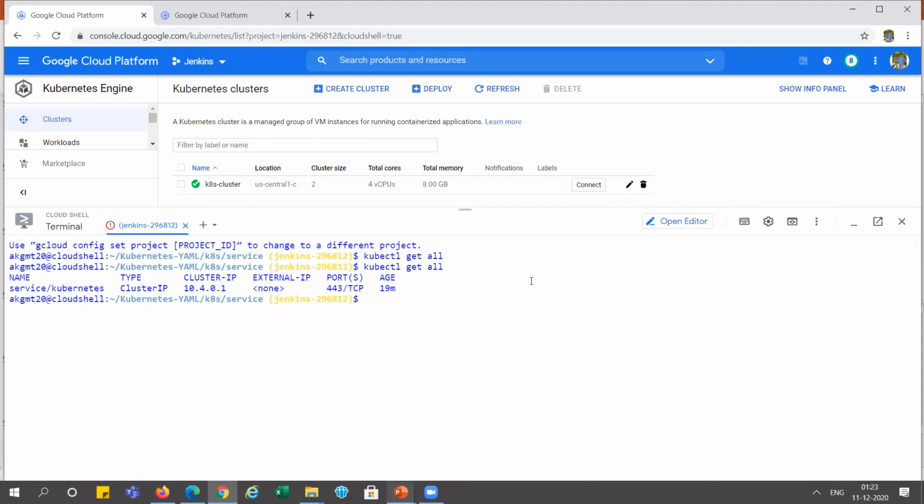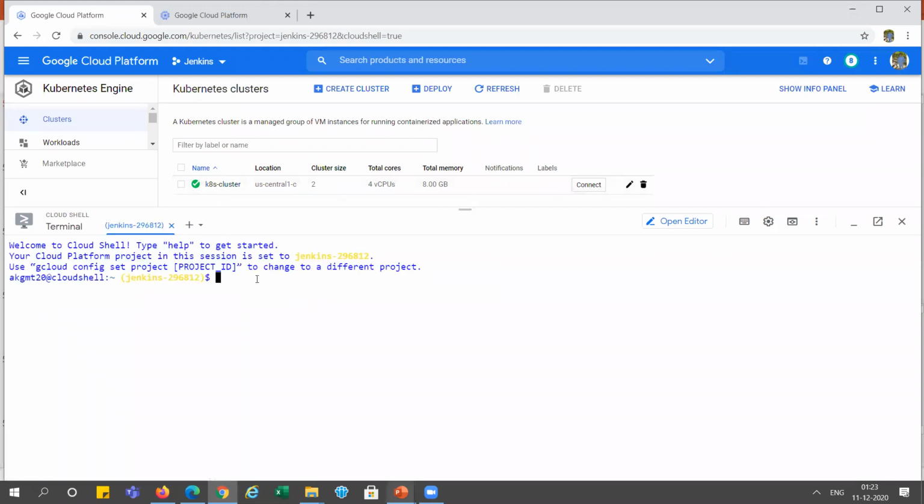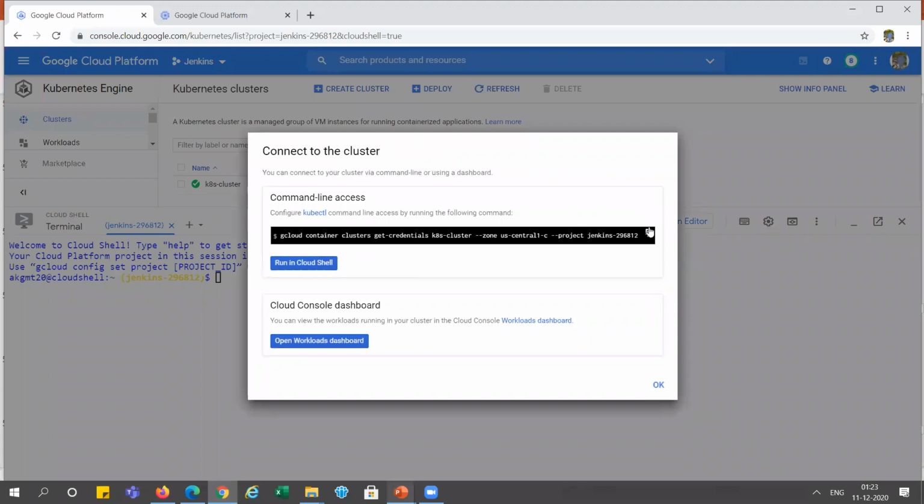I need to reconnect it. So we are connecting to the Google Cloud GKE, right? And we need to run this command. Copy.